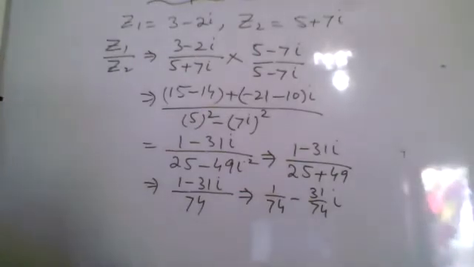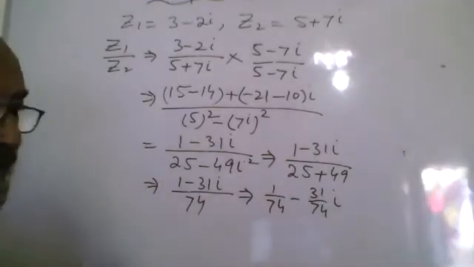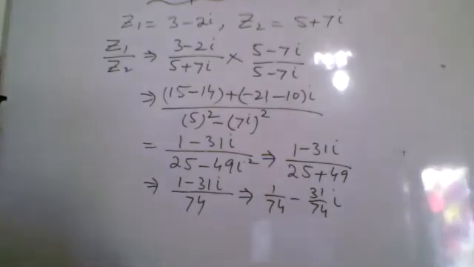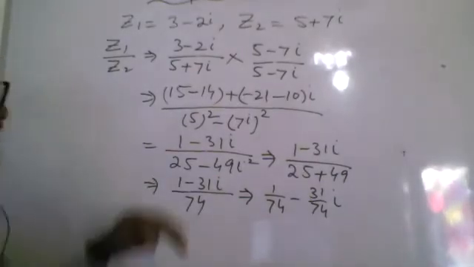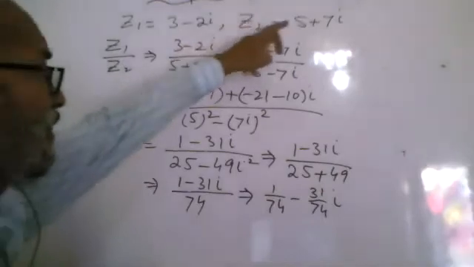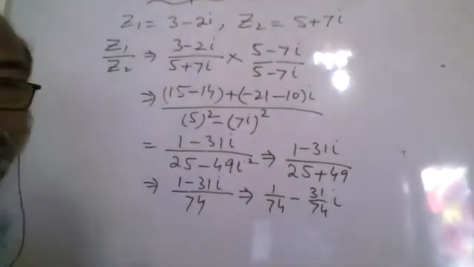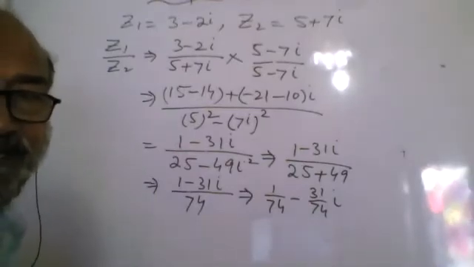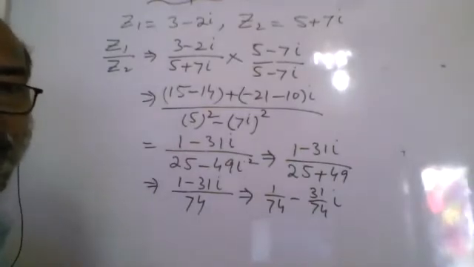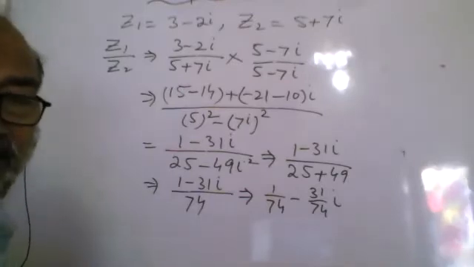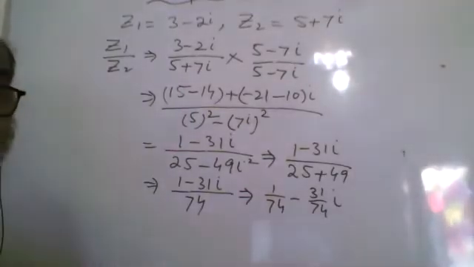Complex number can be represented by different ways. There are different ways in which the complex numbers are displayed or are represented. One, this is the way. This is called the rectangular form. a plus iota b. This is the rectangular form. There are other ways to represent the complex number.